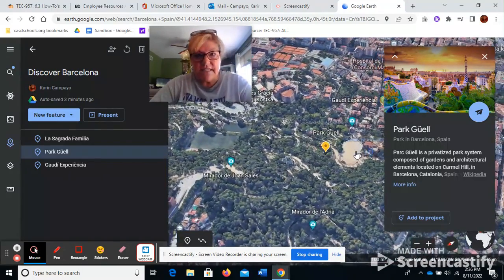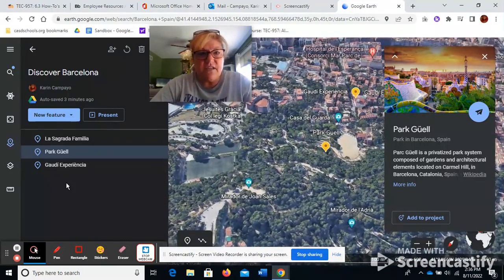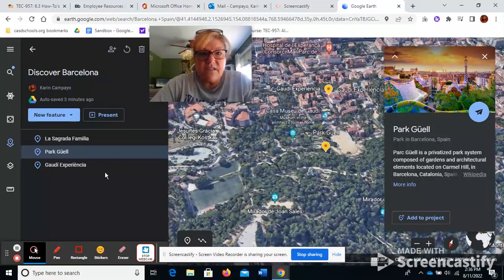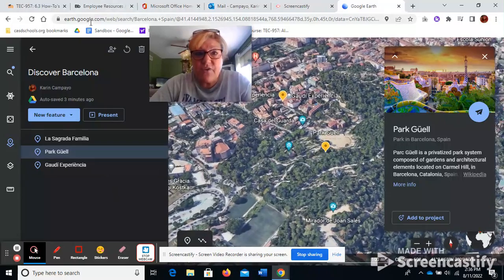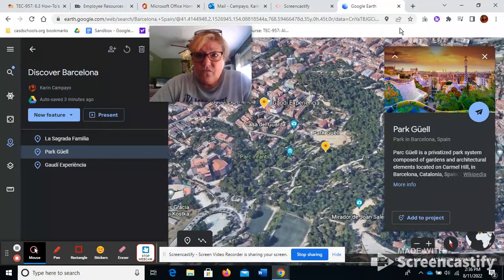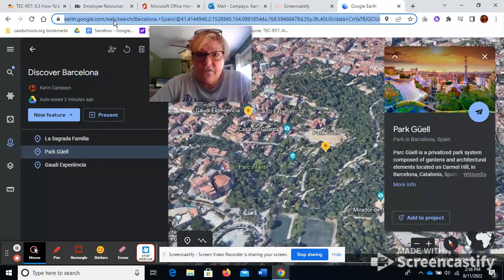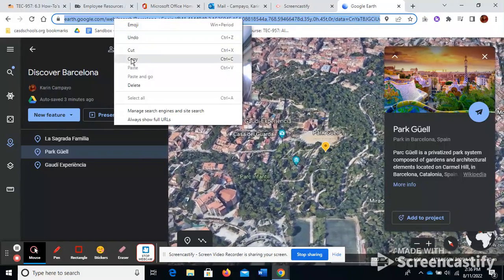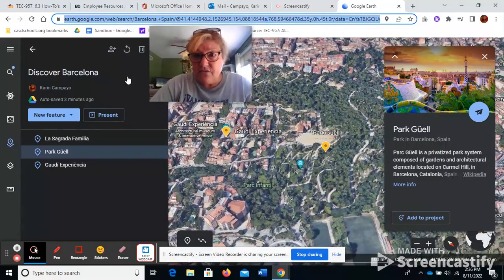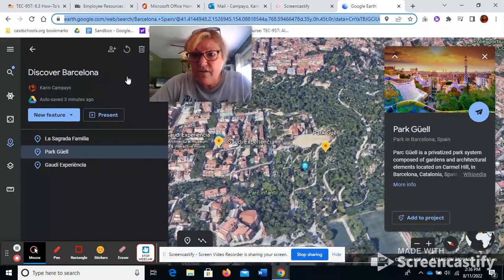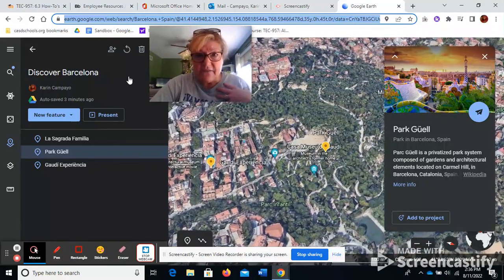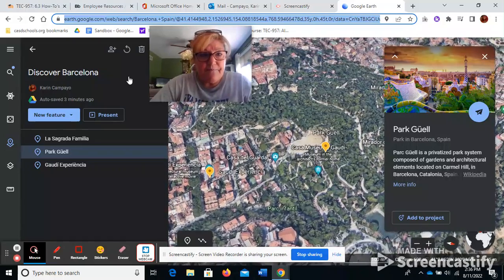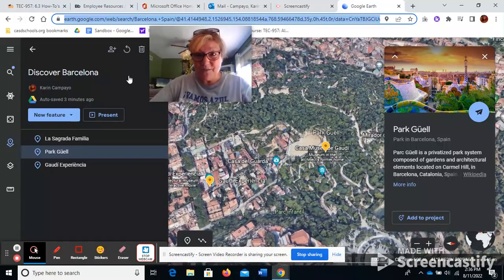But it's nice because the kids can then just click on any of these places that you've highlighted. And then you just copy and paste your URL right up here in the Google Earth. There we go. Copy. And then you can paste that into your Google Site, or into a link that you're going to share with your kids. I normally would put it on Canvas because that's my LMS. So there you go. So I hope you've been able to create a real